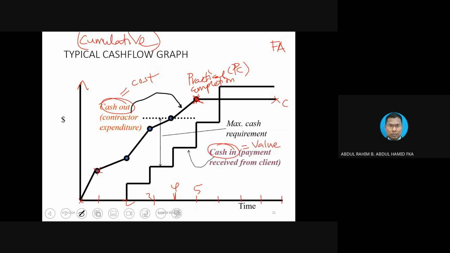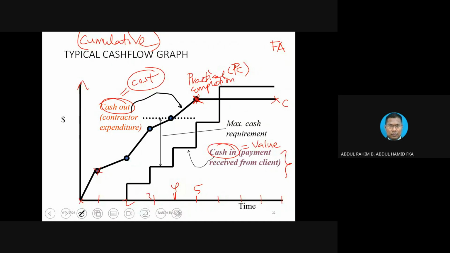Okay, but in the real final exam question, normally there are some kind of deductions, so you simply cannot equate. But this cash in graph is coming from the value. So there are only two graphs that you need to remember: the cash out and cash in. So what is the cash out? Equivalent to the cost graph. Simple, straightforward. But cash in is equivalent to value, but then we need to be very, very careful with the